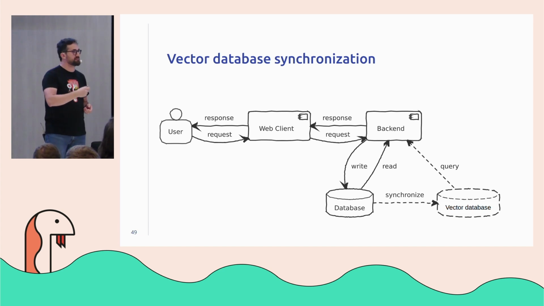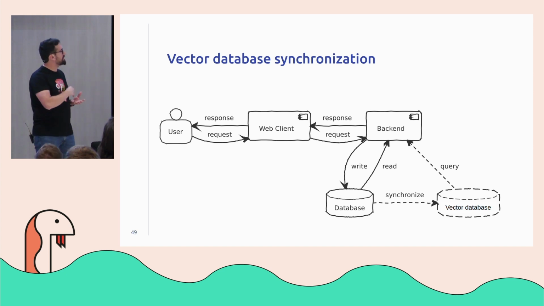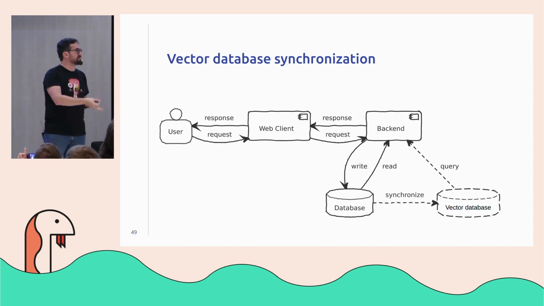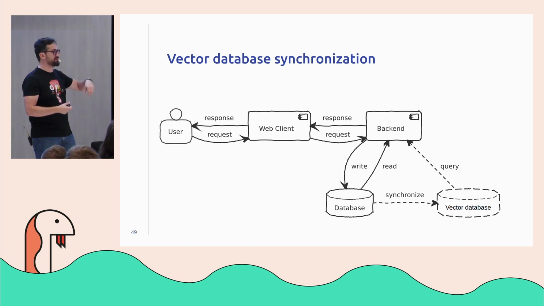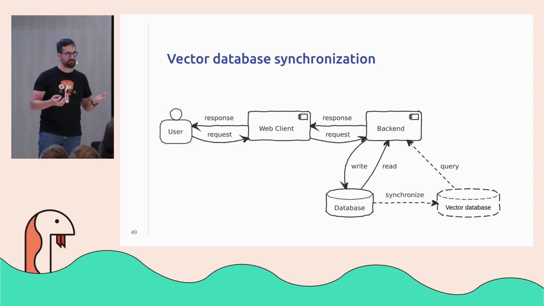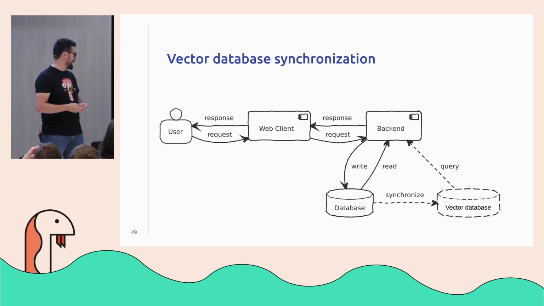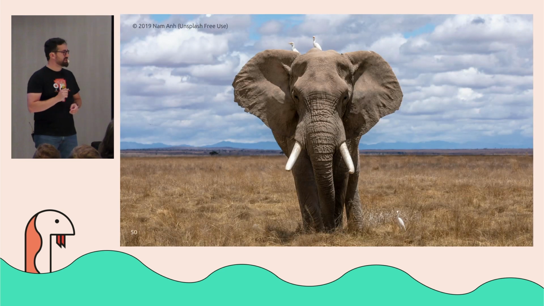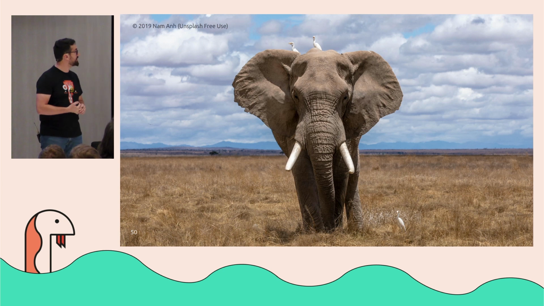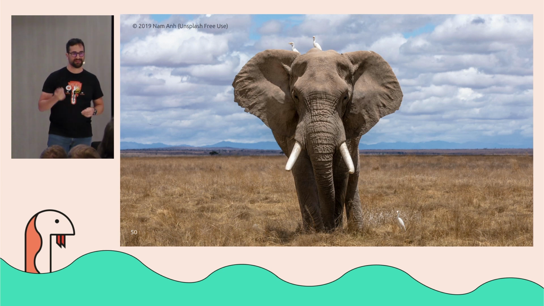You have to wait for the time it takes for the vector database to synchronize with your database to perform queries. For a small project, this is not a problem, but when you scale and your project is bigger, this can be a pain point. So we came back to ask for help from our preferred database,